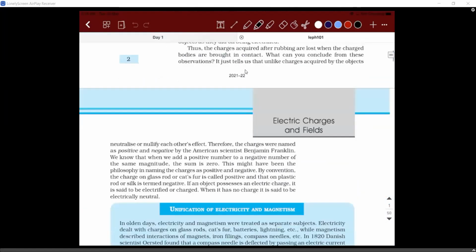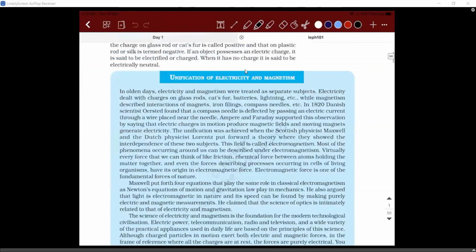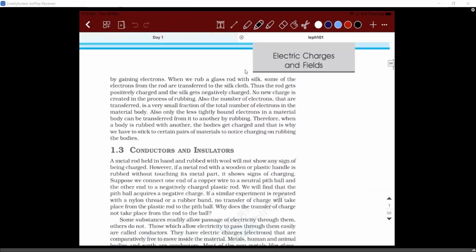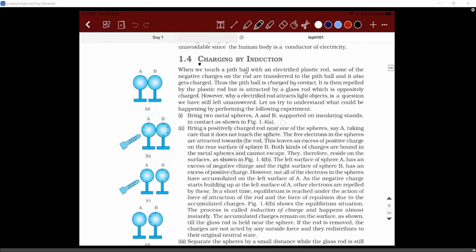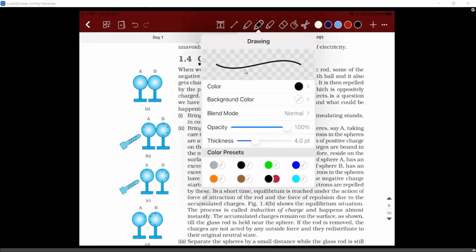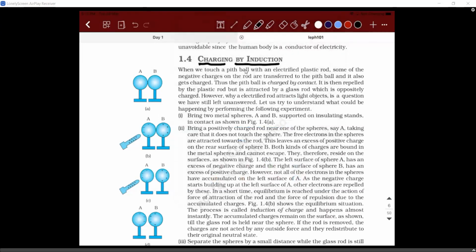So this is what she tried to tell. Charging by induction is a concept that is given here. So now you know how to create charge on a material with the help of a mechanical concept called friction. With that you are connecting it to electrostatics, and